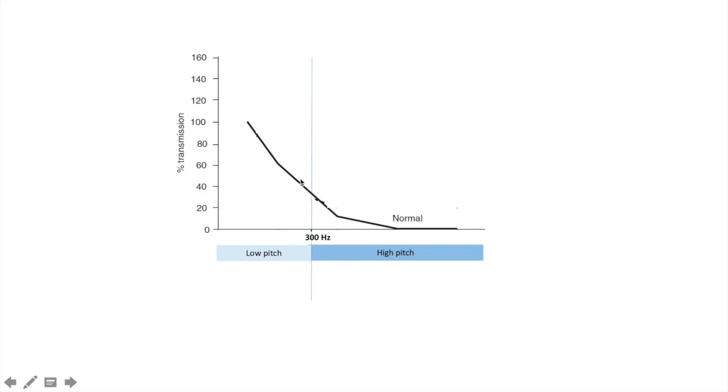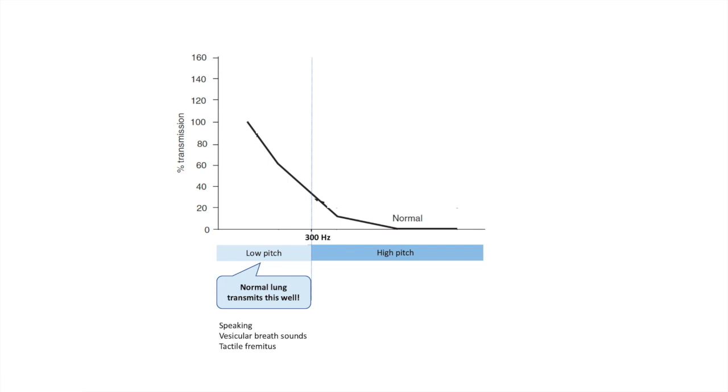And you can see that normal lung tissue does a really good job of transmitting low-pitched sounds, or sounds below 300 hertz. These are things like speaking. This is why you can hear your patient talking when you're trying to auscultate their normal vesicular breath sounds,